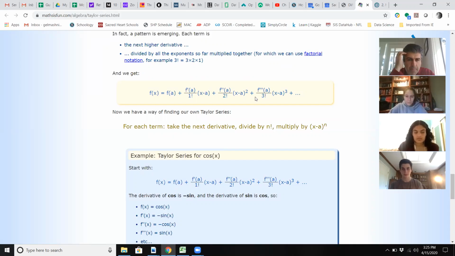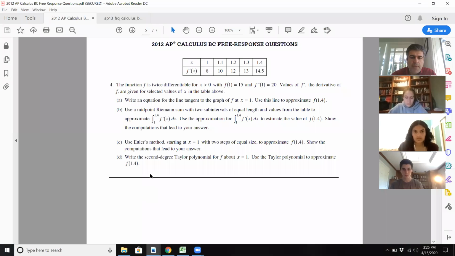I have a suspicion they might make this a little bit more challenging, so I'll try to find more challenging Taylor series problems for the following 3 weeks. But just to kind of jog your memory, or if you guys just wrapped it up too, maybe you guys just covered it in your AP Calculus classes recently. So just show you how it's done. It's pretty straightforward. So look at 2012 again, and we'll look at number 4, part D. So you have to write the second degree Taylor polynomial for f at x equals 1, and then use it to approximate f of 1.4. So what you're going to do for that one,